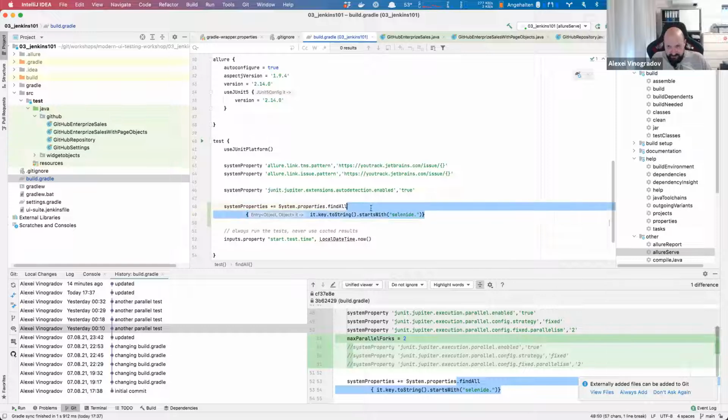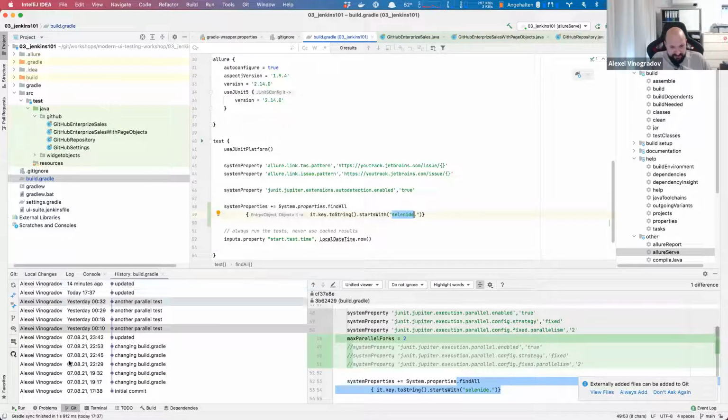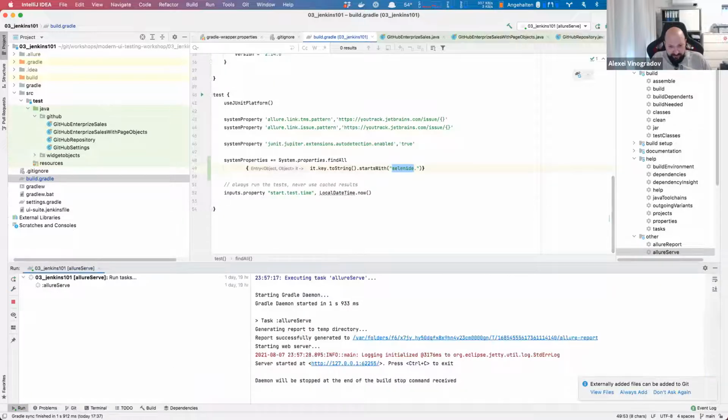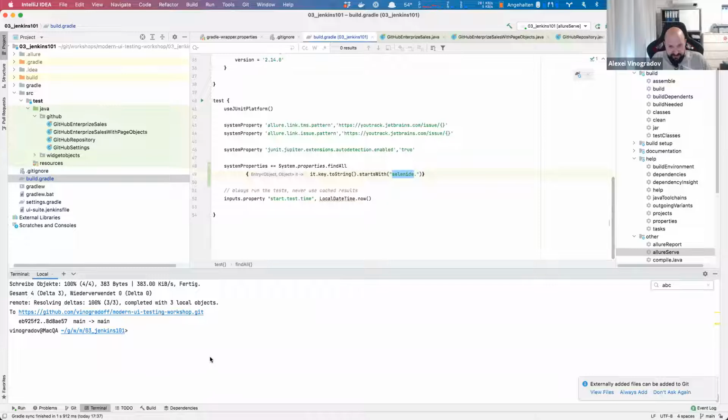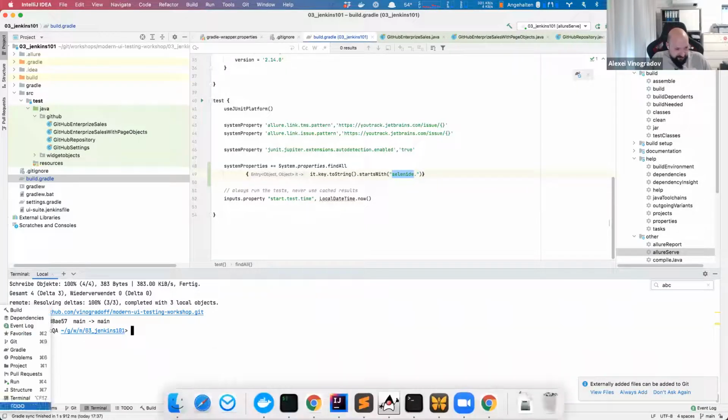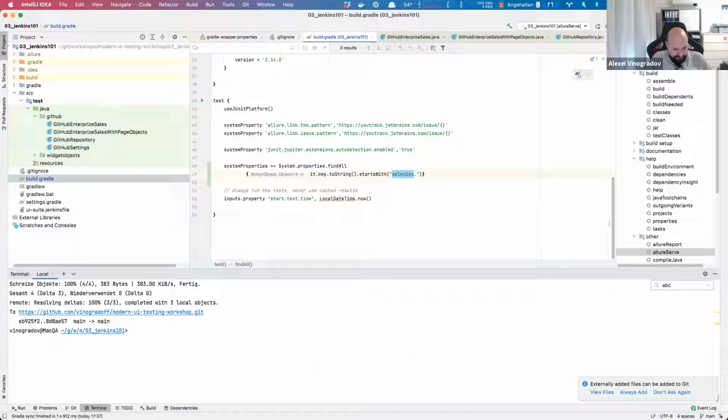What this code does is just to filter system properties and take those which are starting with Selenide. So not every system property, but just those with Selenide. And in some cases, I'm also doing this. We can check already if it will work from our IDE, without checking in, but just